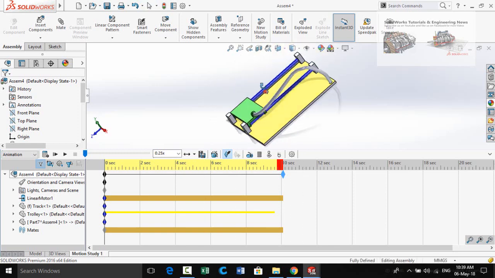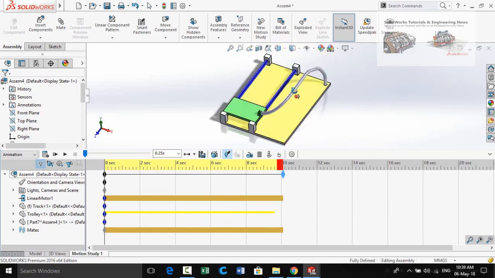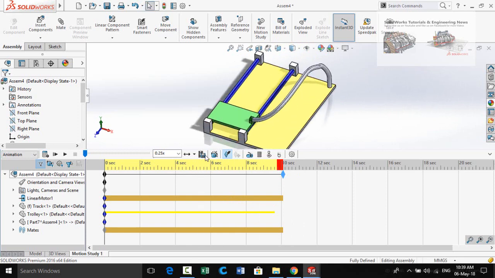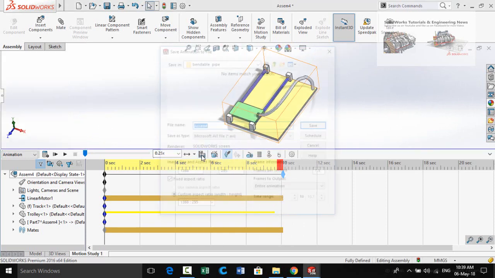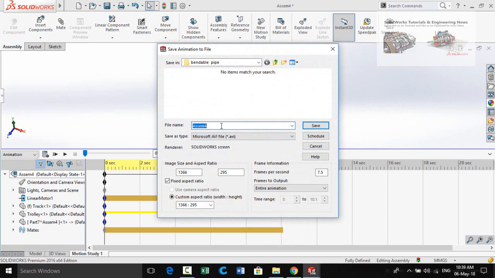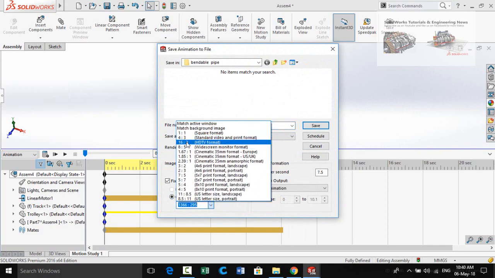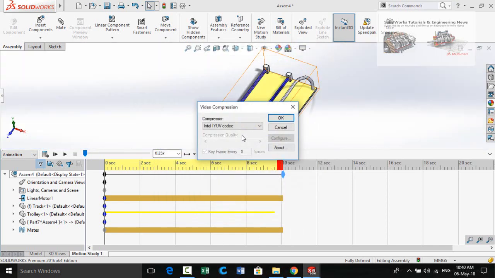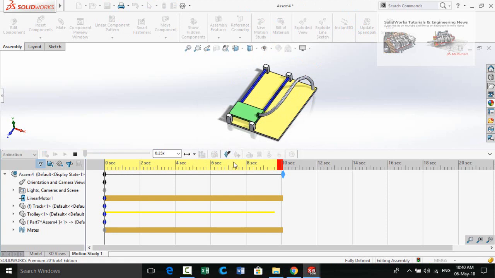So animation is okay. Now we have to save this animation as AVI file in our hard drive. So click on this button and then name it. From here select aspect ratio 16:9 and press OK button. Again press OK button and then it will recalculate the whole animation.